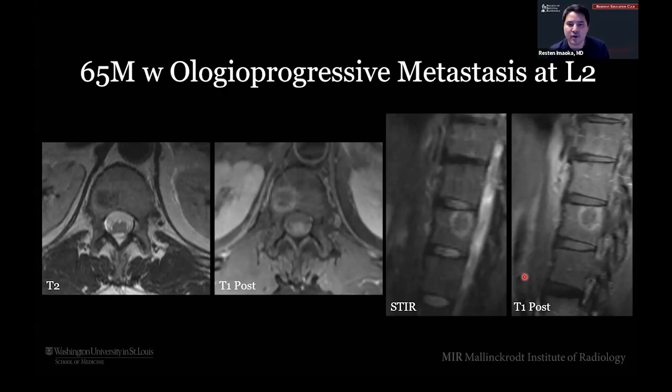And so this is an example on a 64-year-old guy. He's got colorectal cancer. It's painful, and he has this one oligoprogressive lesion at L2. He does have other mets in his liver and other locations, but this is the only one that's growing on his chemotherapy. So here you can see the T2, it's really localized only in the vertebral body, right? There's no epidural disease at all here. The post shows that it's probably a little centrally necrotic here. We got some peripheral enhancement, and then on the sag STIR and the sag T1 post, again showing the same thing, right?